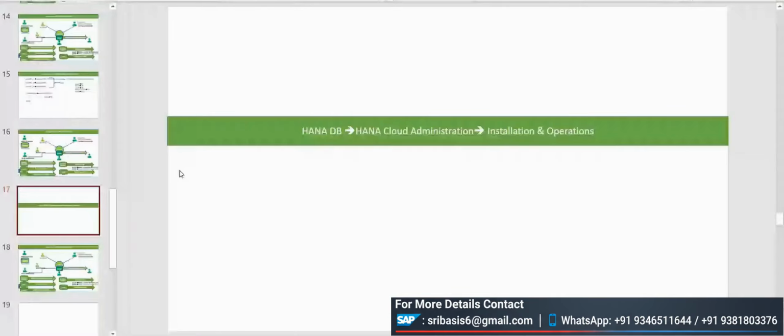Session. So here today I want to discuss the SAP Cloud Administration. Previously, you discussed HANA DB administration from the administrator's point of view, what courses there are. Same way here, whenever I want to go further,